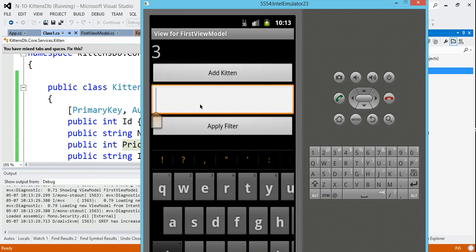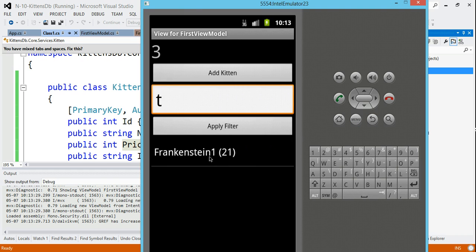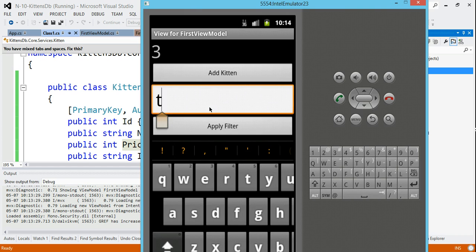And if we then decide to apply a filter, so let's just do a T in there and apply it, then hopefully you can see only the kitten with T in there is actually in the filter. And if we delete that filter again,